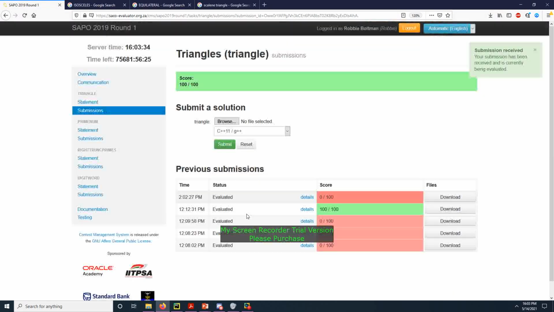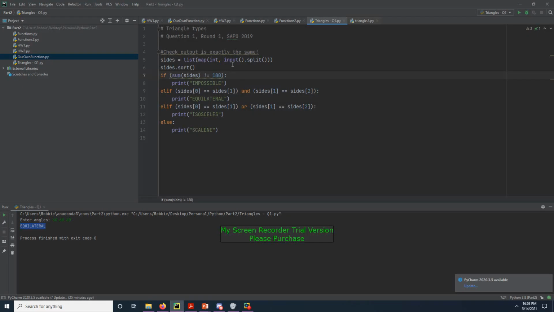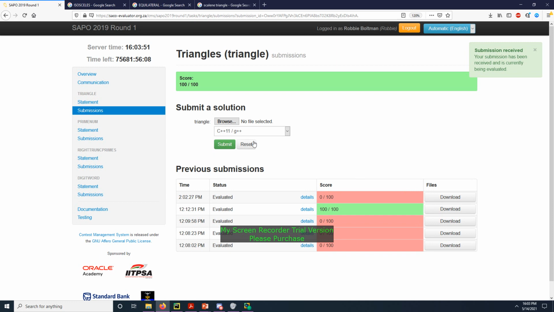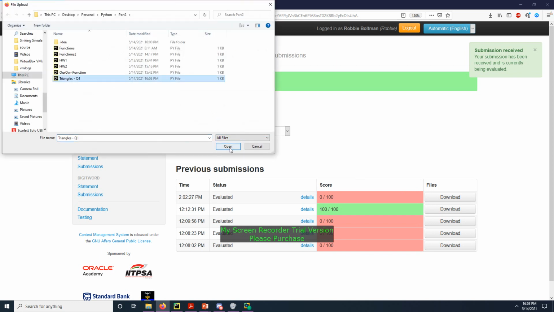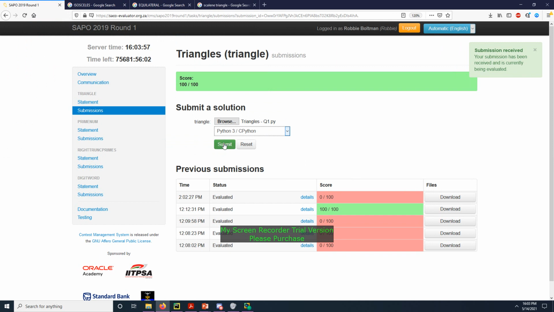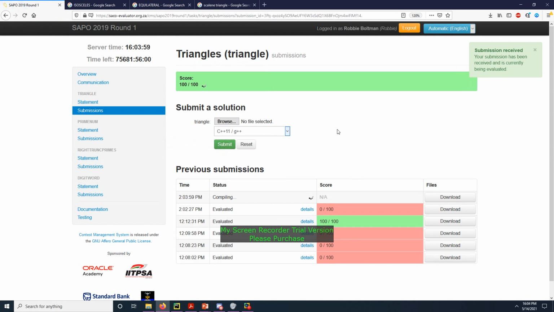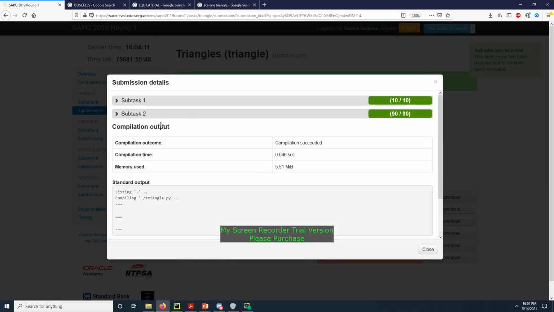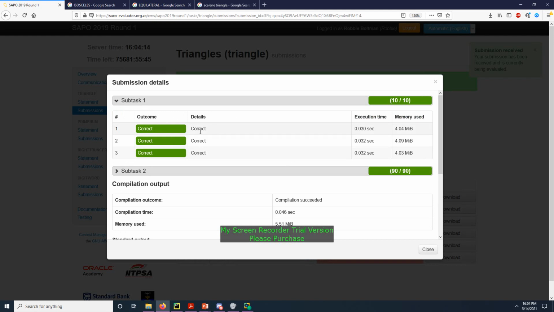Okay, so let us try again to upload. Okay, so now you'll see when I run this, it will not have the values there. So I'm going to have 60, 60, 60, and then I just get the answers. So there will not be a first print, a first output. All right, so we're going to try this again. We're going to select triangles. It is a Python 3 file. We submit this, and it will test it again, our new Python 3 file. So it is running all the test cases, and now you see I get 100